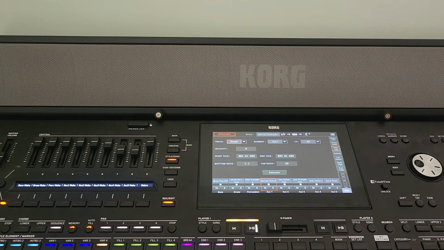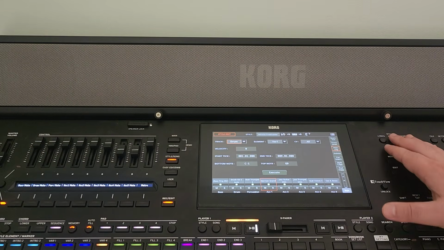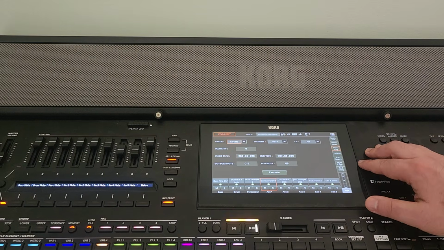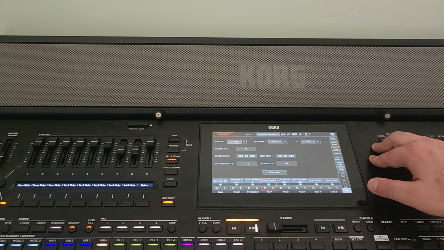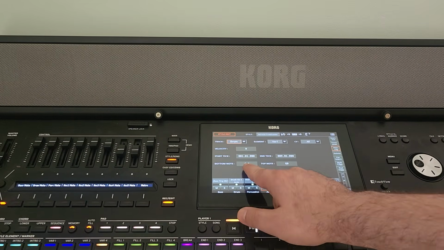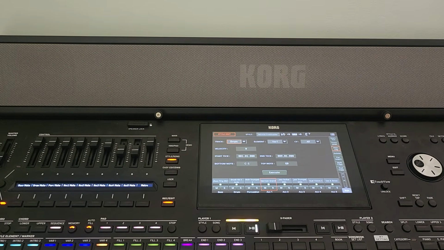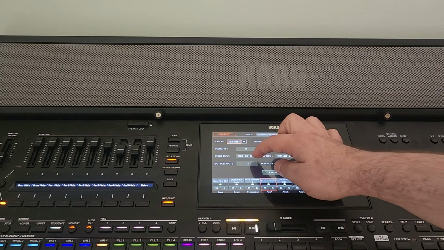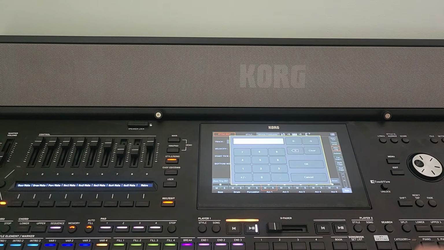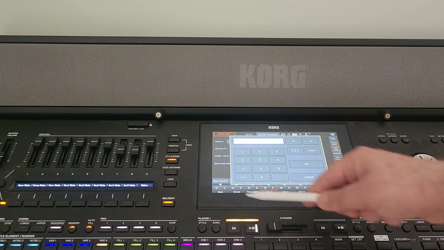And here, for example, let's talk about the velocity, but it can be applied to all of the other modes. So, for example, here we have a velocity, and we have here a bottom note and top note. And here again, if I press this note, I can press it twice, and I see the same screen without